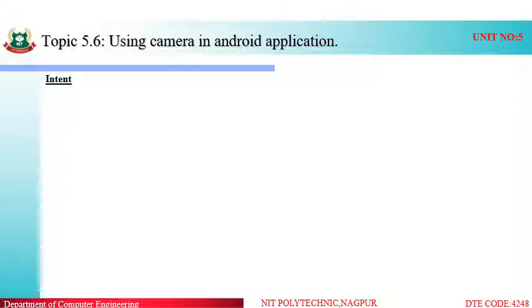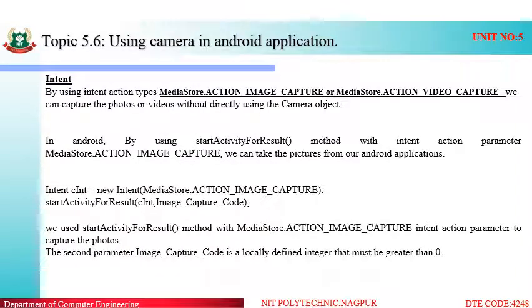Now coming to the second way, that is the intent. We use intent action types like MediaStore.ACTION_IMAGE_CAPTURE or MediaStore.ACTION_VIDEO_CAPTURE. So these two types of intents are available. If we are using the intent for the camera, that is the MediaStore class, the action name is ACTION_IMAGE_CAPTURE for capturing an image or taking photos, or VIDEO_CAPTURE for getting videos.